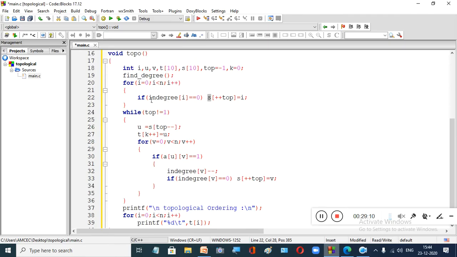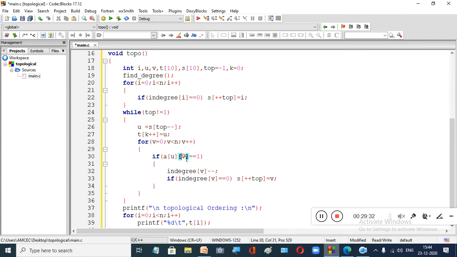Next step, until your stack becomes empty, while top not equal to minus 1, you pop one by one. First you pop one vertex whose in degree is 0 into U, right? Once you pop, put that in your resultant T. Then from U to V, you take a for loop, V equal to 0 to n.